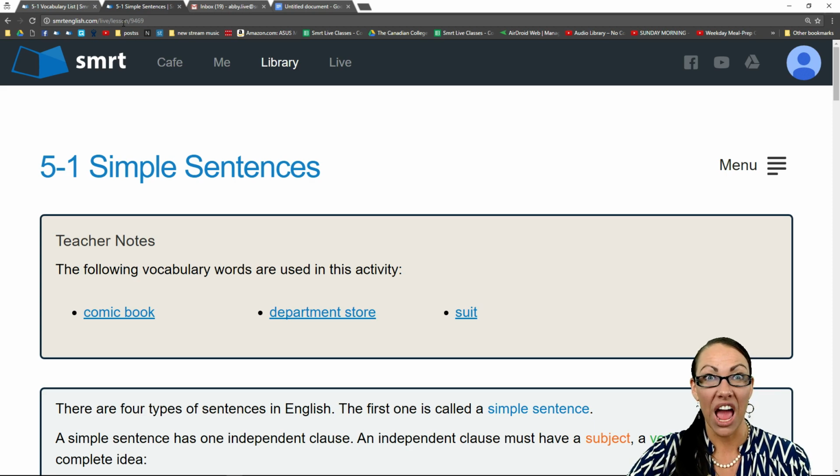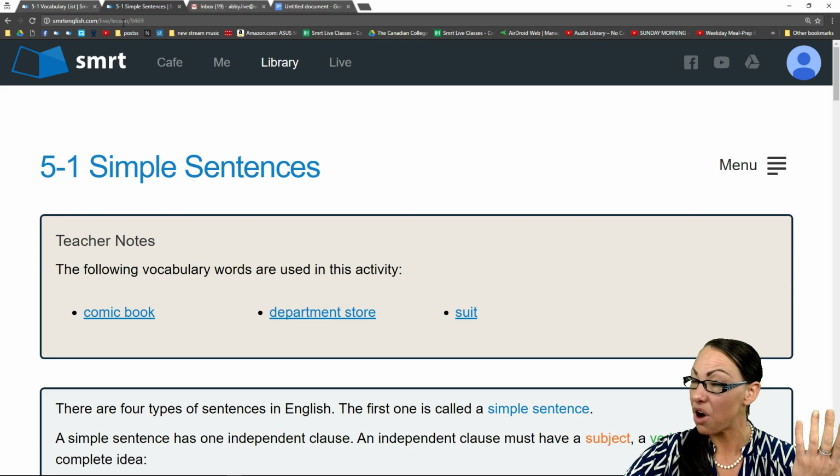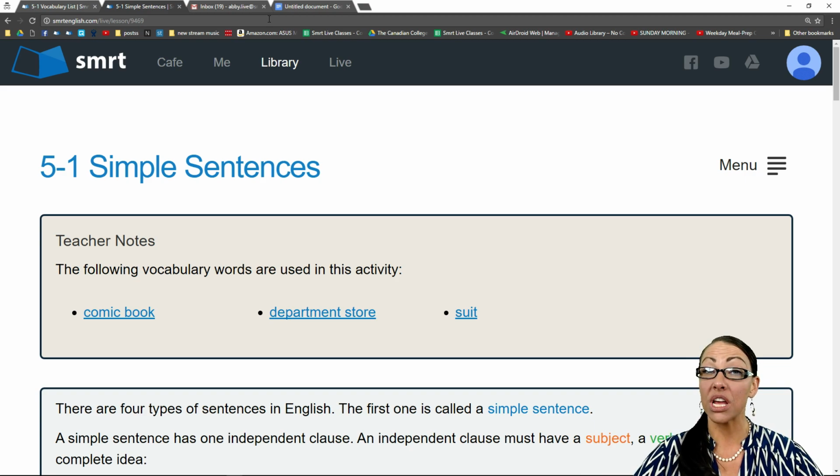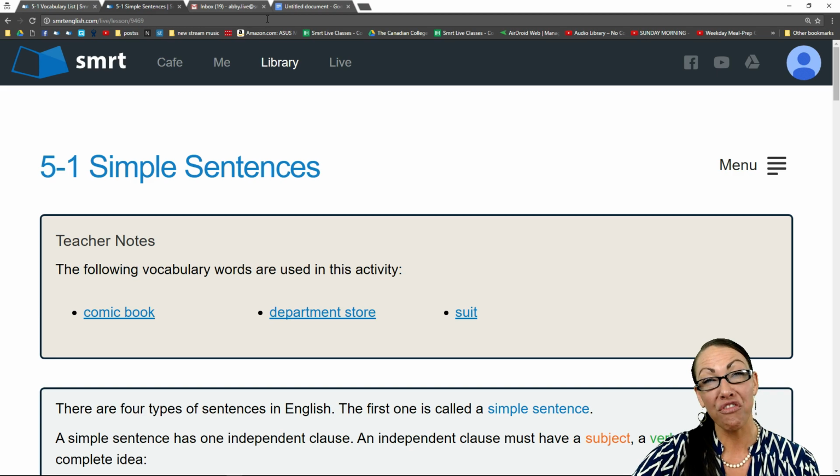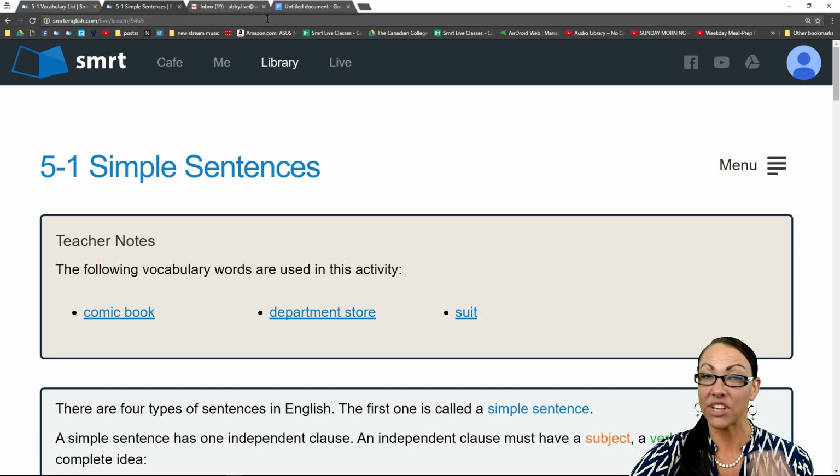Department store. Okay, again, reviewing our vocabulary, a department store is a store, but a store that sells a lot of different things. You can buy many different things because there are different departments within the store. Department store. And suit, that would be something that usually a gentleman wears, so very more formal dress. A suit is a piece of clothing that is generally worn by men, in particular, a bit more formally and most oftentimes in what we would say the business world.